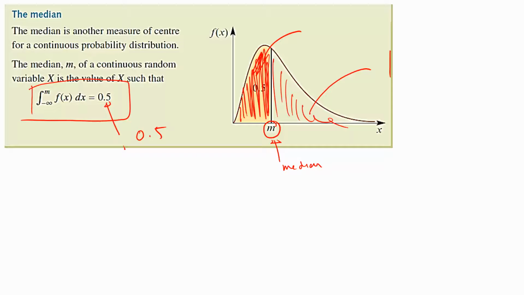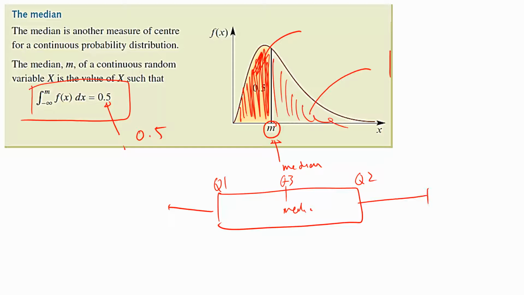So if you remember back in box plots, you had your quartile 1, quartile 2, which is your median, and then your Q3. And you had your lowest value to your highest value. Yeah, this is the same concept. Lowest value is 0, all the way to the top value, which has to be 1, 100%. This is your 25% point, that's your 50% point, that's your 75% point. So we're just talking about the area, median being the 50th percent. That's why we know the area has to be 50% or 0.5.